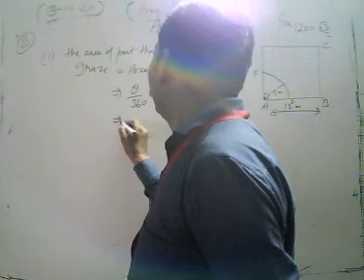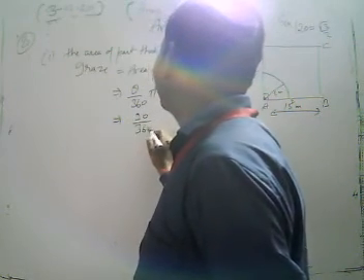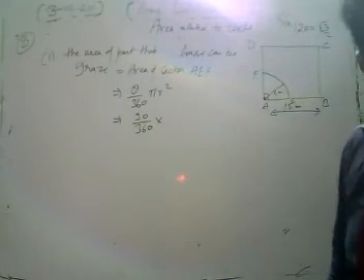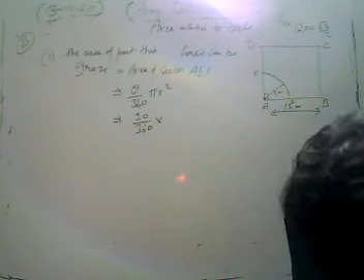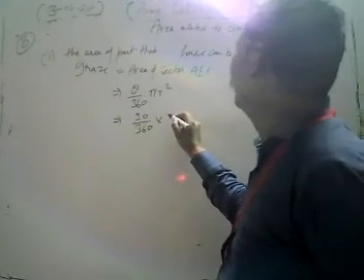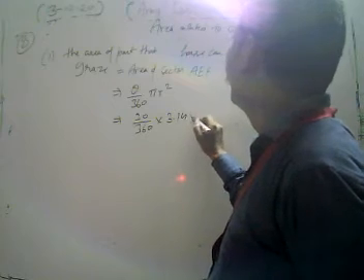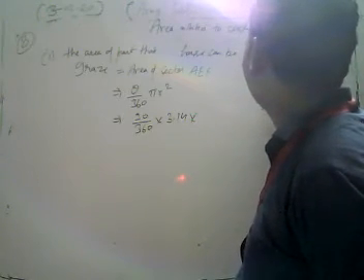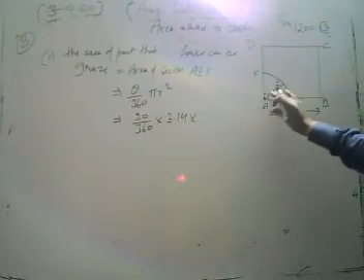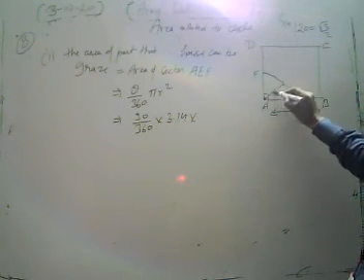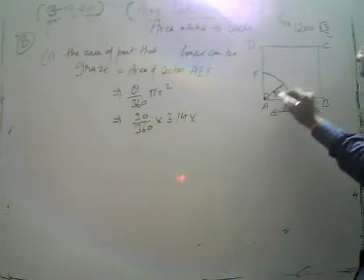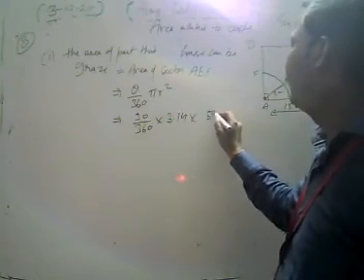And now 90 upon 360 into, now look, we have to use the value of pi in the problem, 3.14. Now 3.14 into, what is the radius given there? Don't be confused, because here there are two numeric values, 15 and 5. We have to consider 5, because 15 is the side of the square, but the horse is tied by 5 meter. And our radius is 5 square.